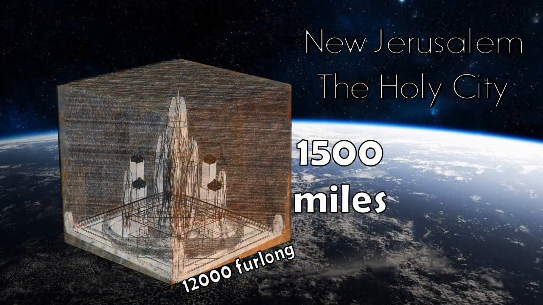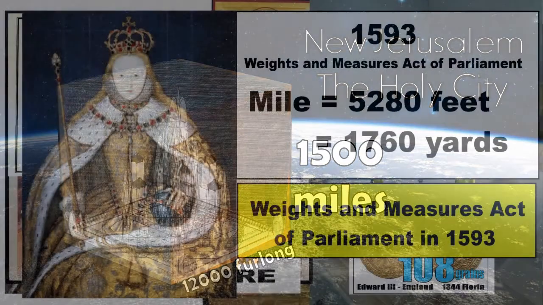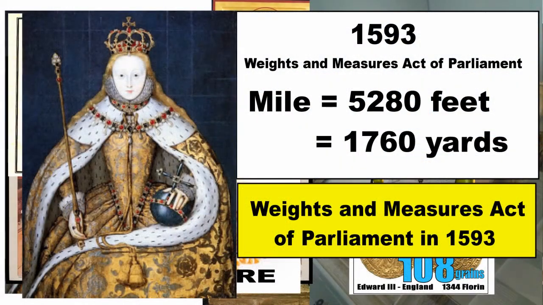Now, even the description of the walls as being 144 cubits or 216 feet, very important. But if New Jerusalem was literally a city, it would be out in space. It's 1,500 miles, 12,000 furlongs, so it's 1,500 miles high. So they're not literally describing a city, they're describing something else. And for this, we need to